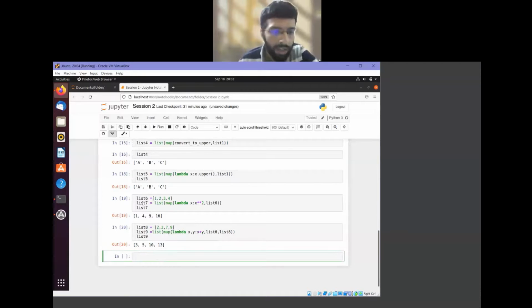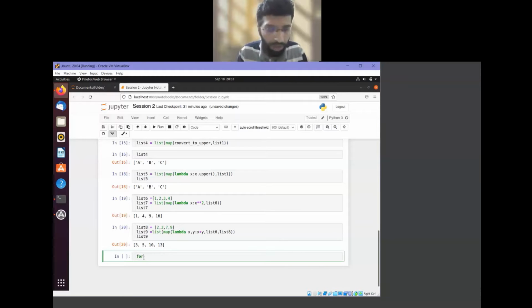So I defined list 6 here, then I defined list 8 here. Now suppose I want another list which is the sum of these two lists. Then we can use our earlier add function. We can iterate over the entries of each list. I will show that also for completeness' sake.